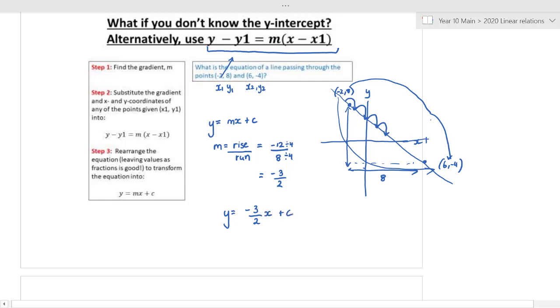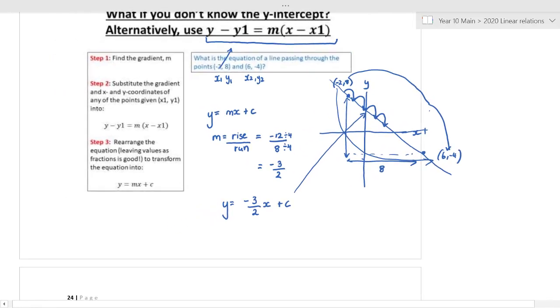Well, we don't know what the y-intercept is. We can sort of get an idea on where it is. It's up here, and it's going to be somewhere between 8 and -4, probably closer to 8 by the looks of things, but this isn't a perfect sketch. Well, how do we find that? Well, we can sub any one of those 2 points in. I'm just going to pick this one,